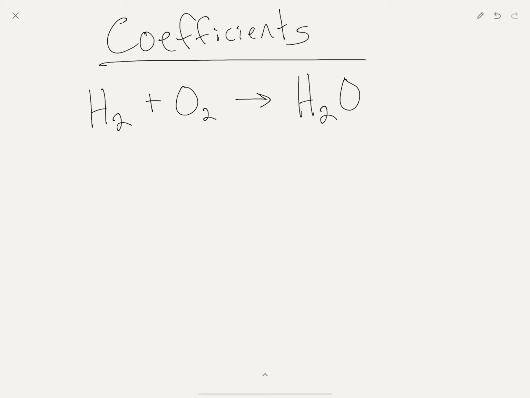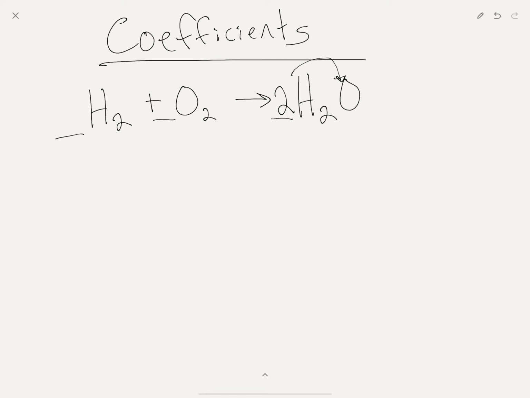So, here we go. First things first. I'm going to put lines in front of each one of these because that's where I can draw or write the coefficient. And I'll ask you guys, is this balanced, yes or no? No. The number of oxygens on both sides does not match. So what we're going to do is we'll stick a 2 here. Now we have 2 oxygens, but can someone raise their hand and tell me how many hydrogens are we stuck